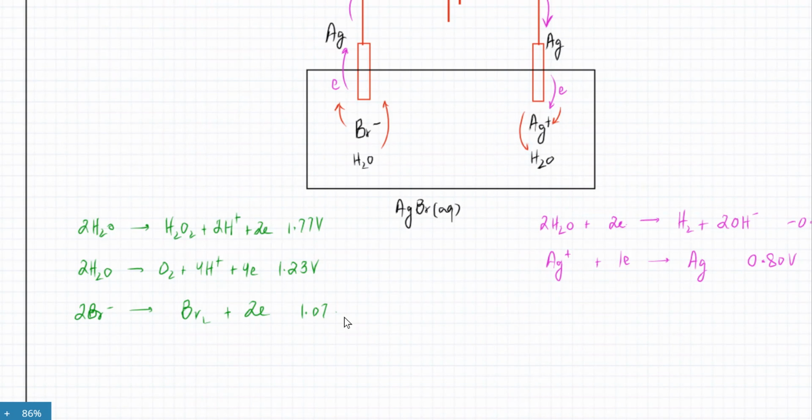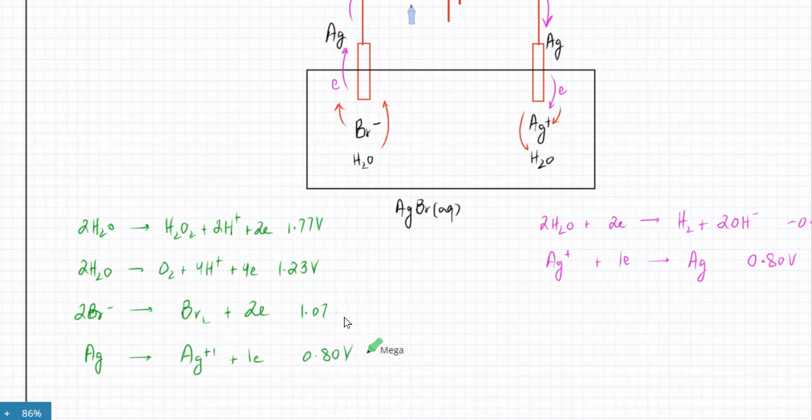And similarly, I'm going to add just 1 minute. Okay. So similarly, I'm going to add the silver equation as well, where silver is losing electrons. And it's forming silver plus 1, and it loses 1 electron, and it has a potential of, I think it was 0.80